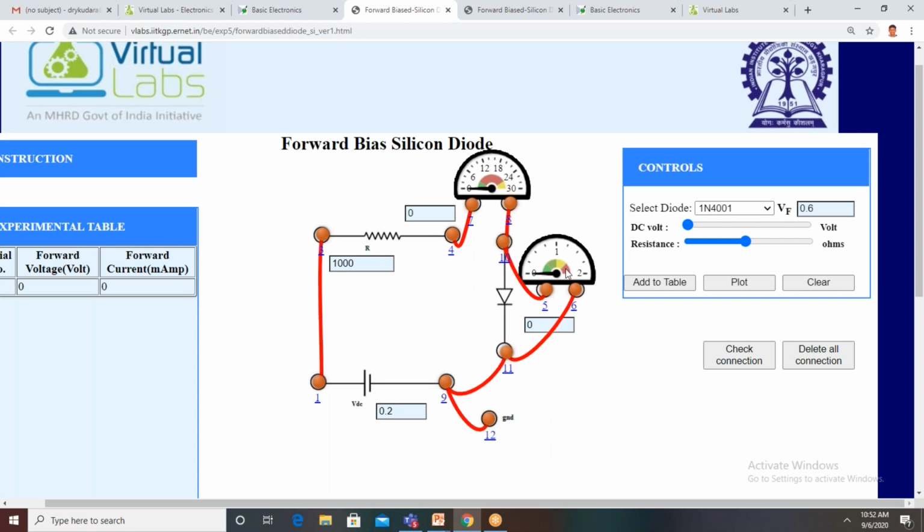Okay, so you take another value, that is 0.2. You can take any value, instead of 0.1 or 0.2. Now the first value is 0.2, and the second value is 0.4 volts. You click on add to table.